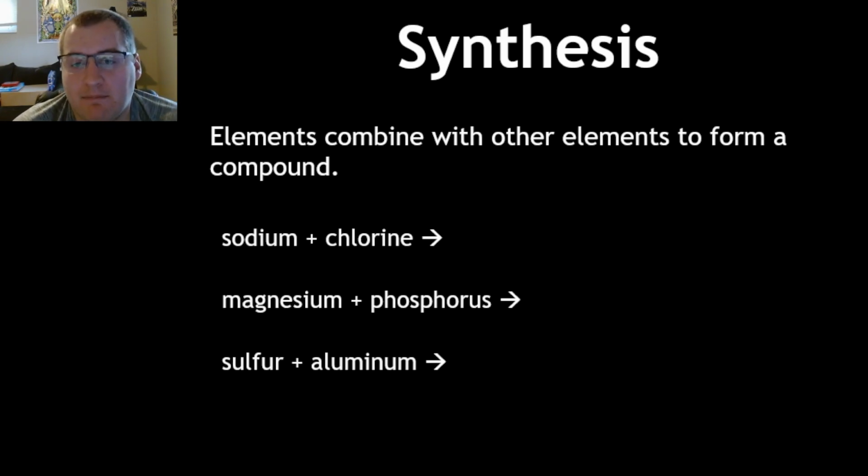When you combine 2 elements together to form a compound. So I have sodium and chlorine. I'm going to add them together to make sodium chloride. Magnesium and phosphorus, add them together. Sulfur, aluminum, add them together. So what you should notice, you're starting with a simple element, and you're just going to combine it to make a compound. Okay. So when this happens,